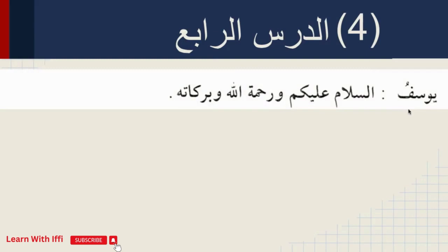So going to our ad-darsu rabi', lesson number 4. Ar-rabi' is an ordinal number. Rabi'un. When you have al, it becomes ar-rabi'u. Ad-darsu ar-rabi'u. Fourth lesson. Na'at man'ut. So we translate na'at first and then man'ut. So it's fourth lesson. Discussion between Yusuf